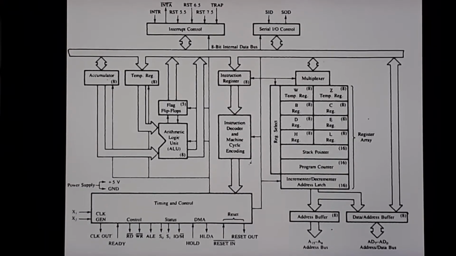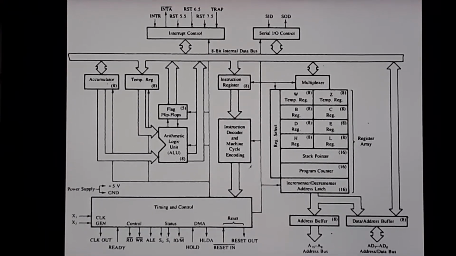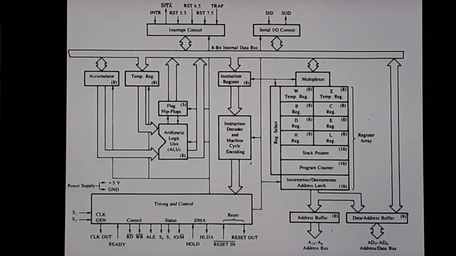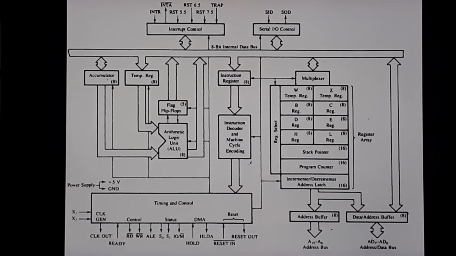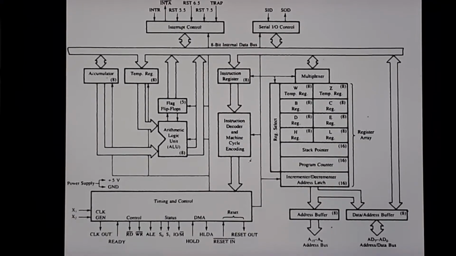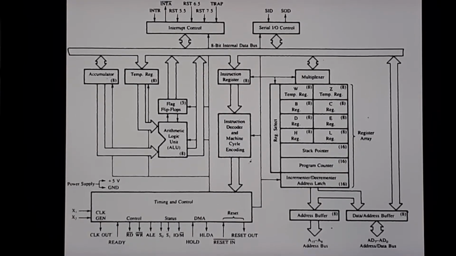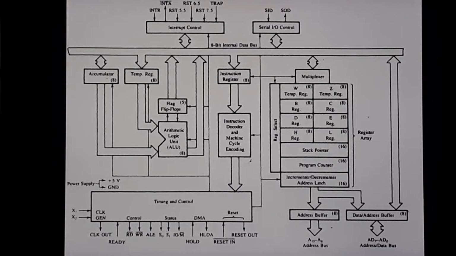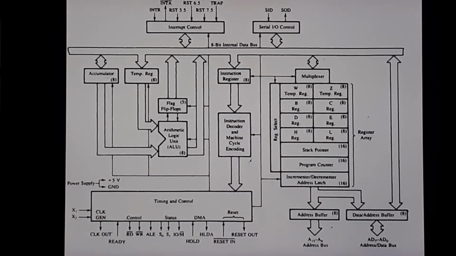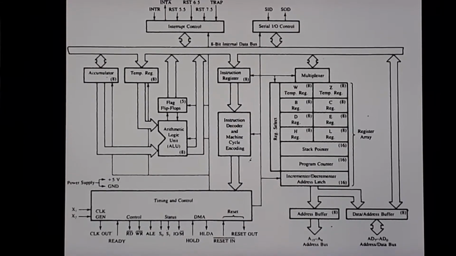And if they don't ask you the diagram, they will ask you to explain each of the blocks. So they might ask the question as, in this particular block diagram, explain the following small blocks such as accumulator, temporary register, flag register. So each of these blocks may carry 1 mark, and if they don't ask the explanation, they might only ask you the diagram. For example, they will ask you to draw the 8085 block diagram. So this is the block diagram which carries 4 marks. If they ask you the diagram, they will not ask you the explanation.